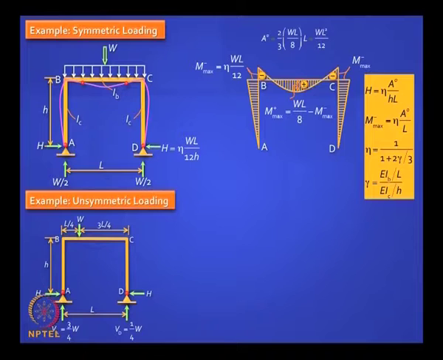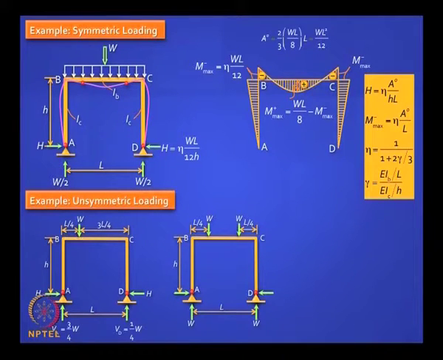Let us take a case for an unsymmetric loading. Let us say W is at quarter span loading. I mean, you can do any problem, we will just take these two and see the kind of results you get. It is smart to convert the unsymmetric loading to a symmetric loading, because there is a relationship between these two. What is the relationship? The horizontal reaction, when you have a single load, this H will get doubled, because if you invoke the principles of parity and superposition, isn't it, you get.